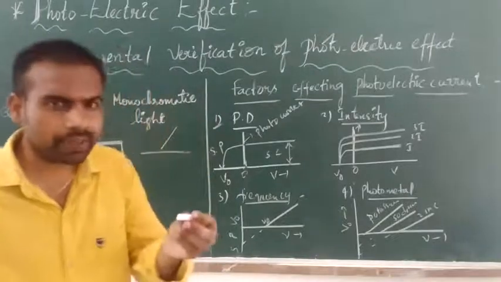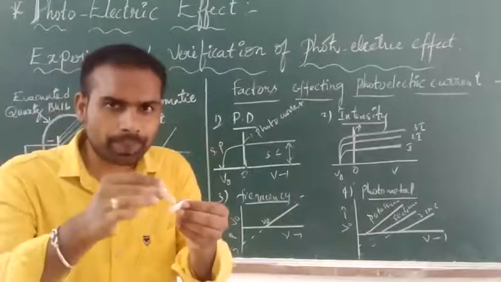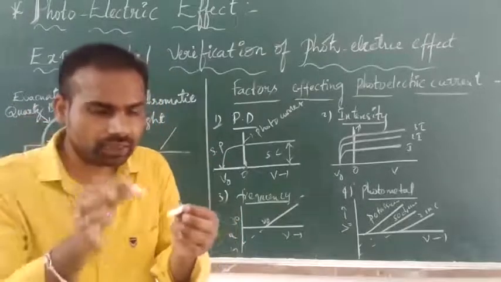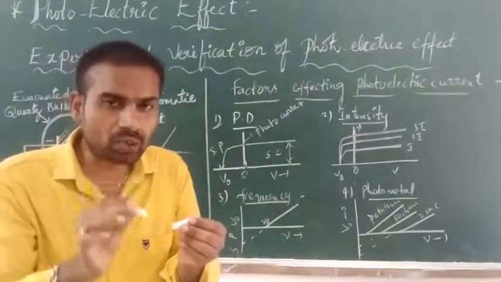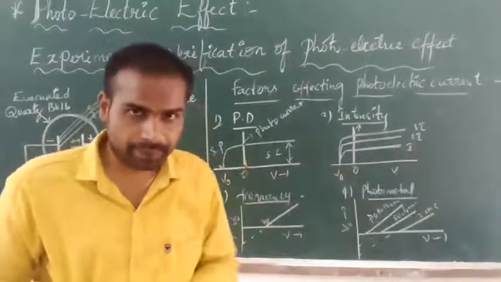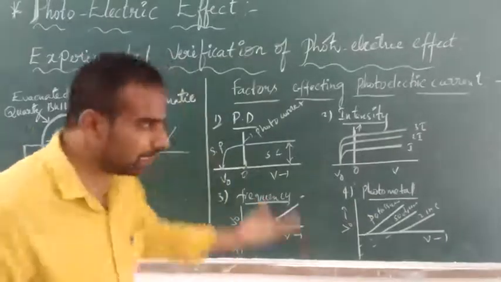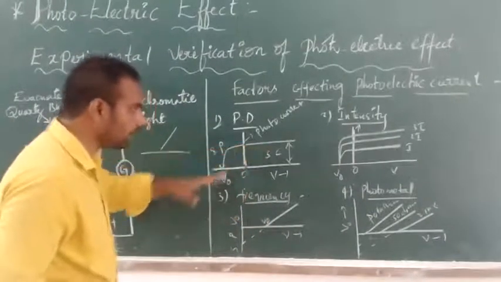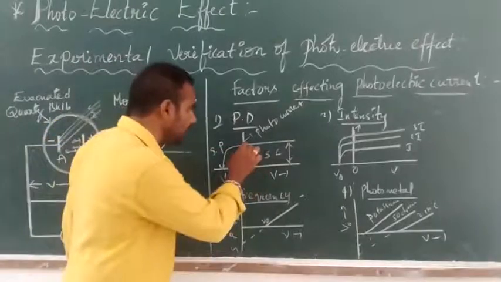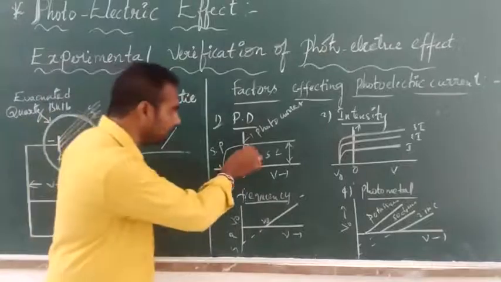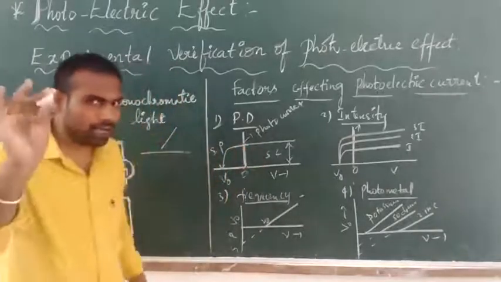When light falls on the metal surface, it ejects electrons, and it also gives them some energy to move forward. That's why, even at zero potential, some of the electrons reach the other plate and the current is not zero. As we increase the negative potential,